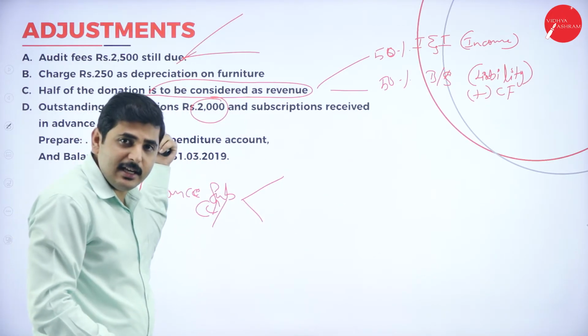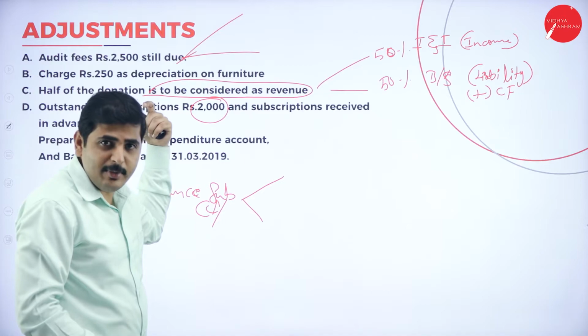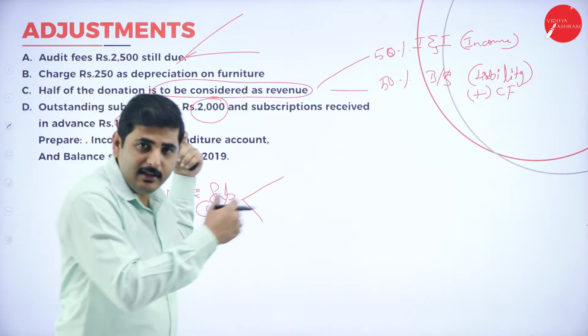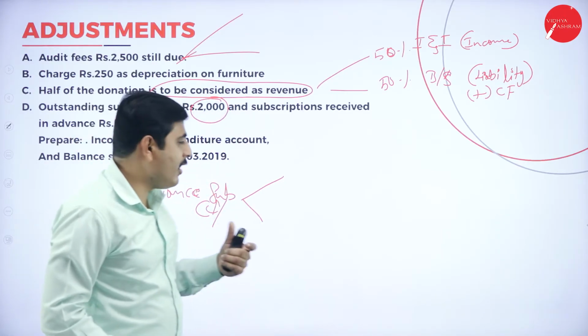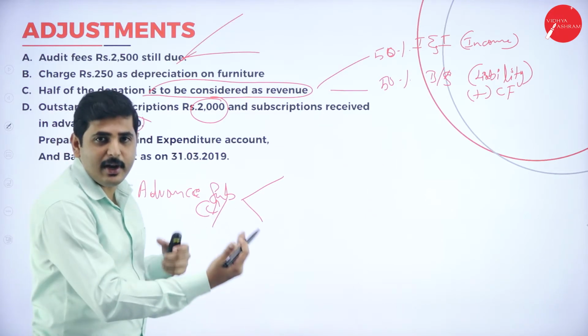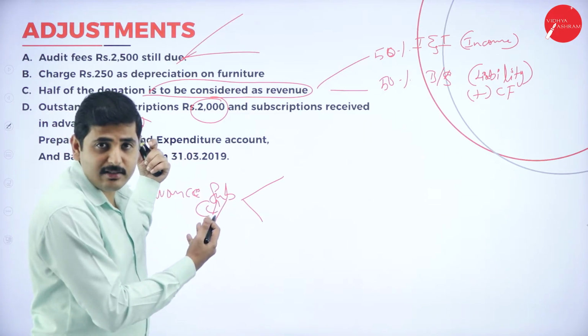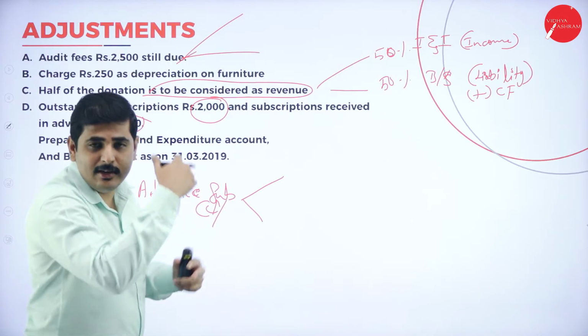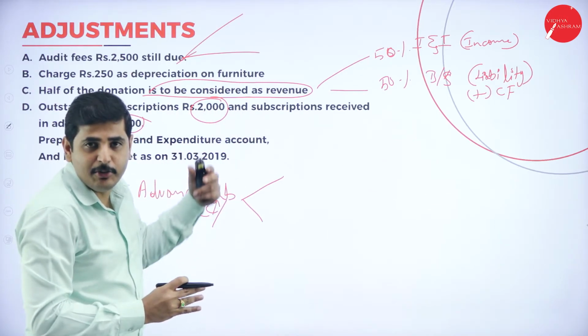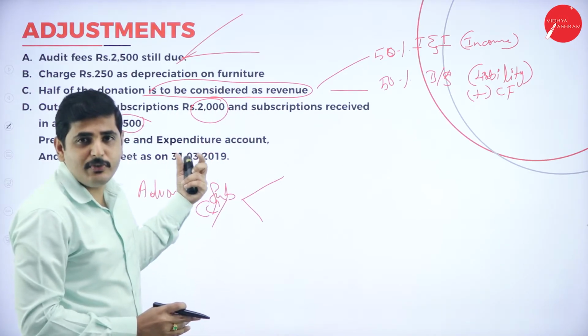Again, whatever was given in the previous year was shown on the liability side of the balance sheet in the previous year. Now, in the current year, we will receive or utilize that amount. That's why we should add the previous year advance. The current year advance should be transferred to next year and shown on the liability side of the balance sheet, so we should deduct it.